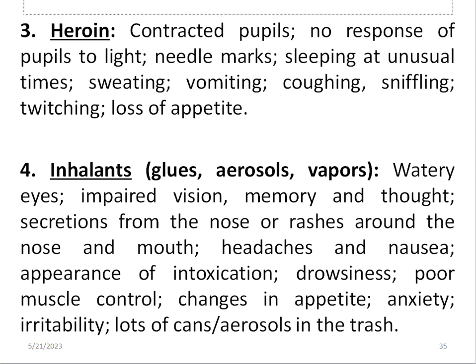So when one is abusing heroin, the warning signs can be contracted pupils, no response of the pupils to light, needle marks, where they have been injecting themselves with the heroin, sleeping at unusual times, sweating, vomiting, coughing, sniffing, or twitching. Then the warning signs for those that abuse inhalants, like glues, aerosols, or vapors, they will have the following warning signs: